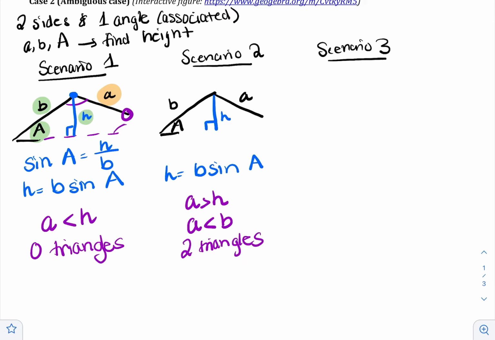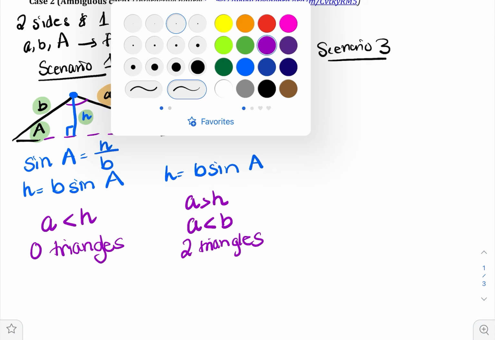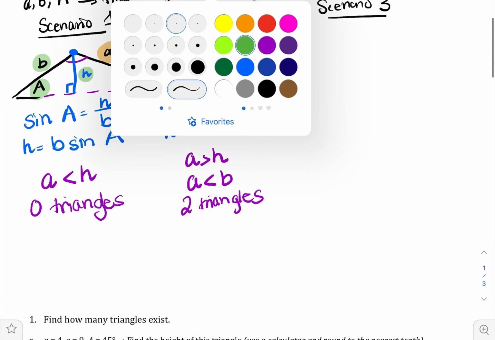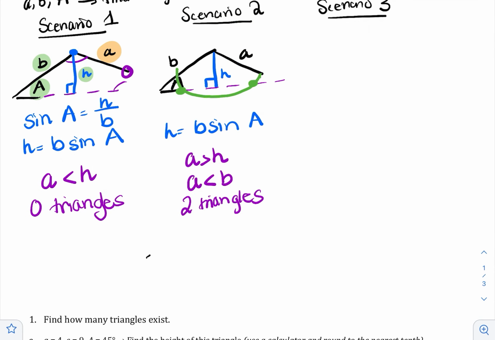Now, why is that? The reason for that is because I'm trying to connect to the bottom here. And imagine this is swinging, right? I'm trying to connect it, so I'm swinging. If A is less than B, it will hit the bottom 2 times. It will hit the bottom on the right of H, and it will hit the bottom on the left of H. So the 2 triangles that you're going to have are the triangle that looks like this